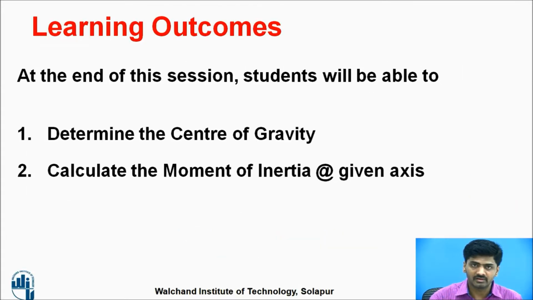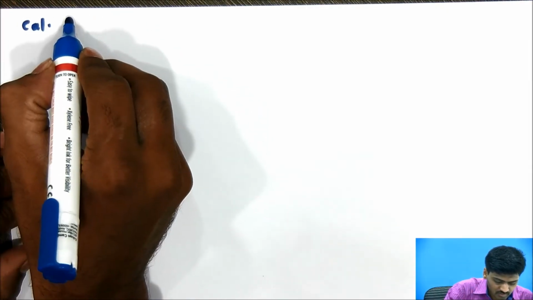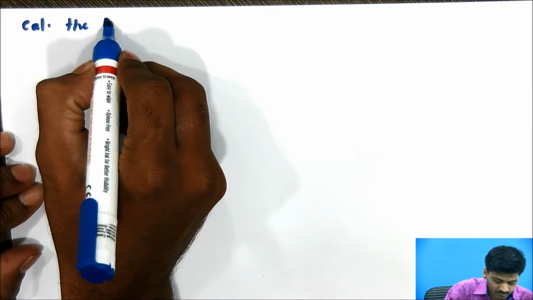These are the learning outcomes. At the end of this particular session, the student will be able to learn or determine the center of gravity and the moment of inertia, calculate the moment of inertia,